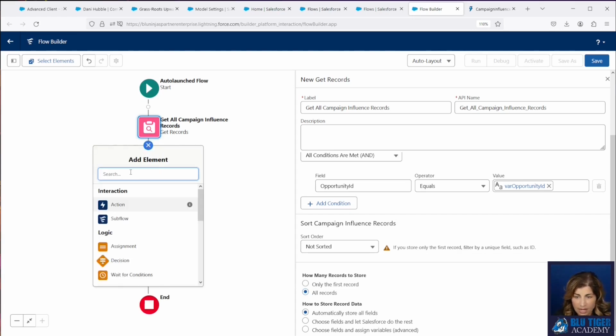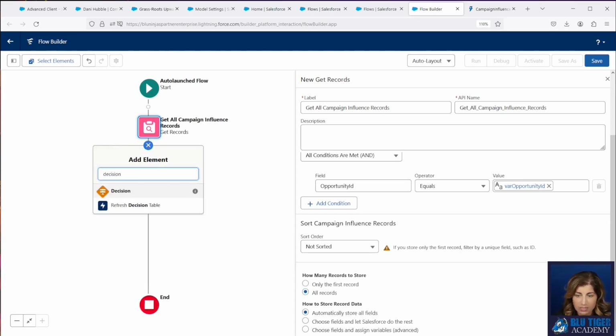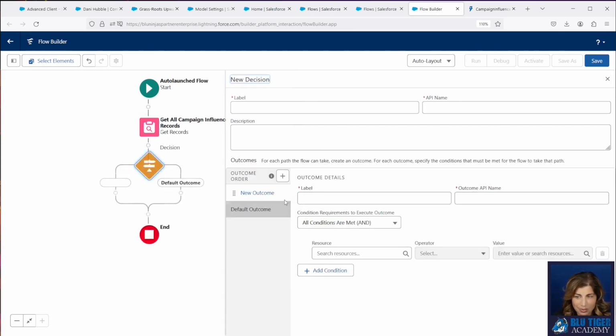And then our next step is to do a decision element, because we're setting ourselves up to be able to use this for more than one custom model. So we'll call this which model, and our first model is going to be for first touch.